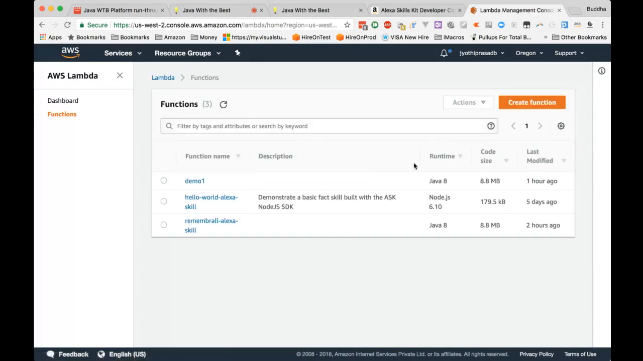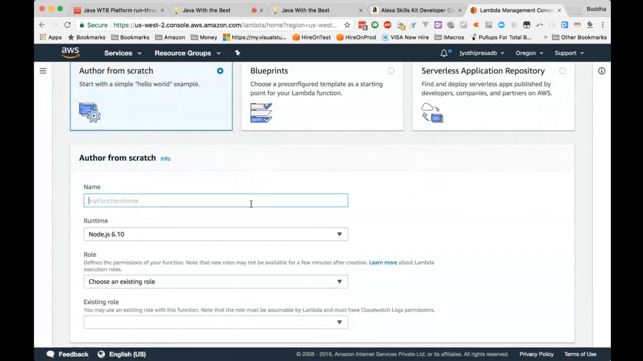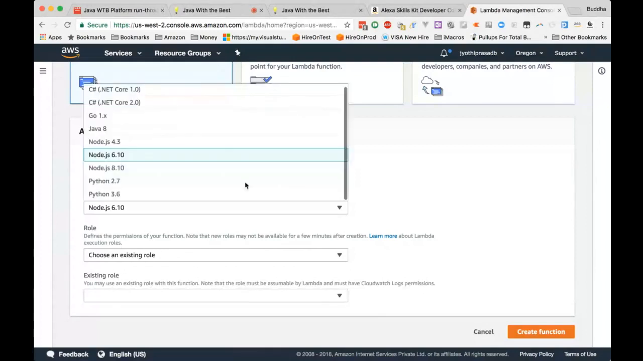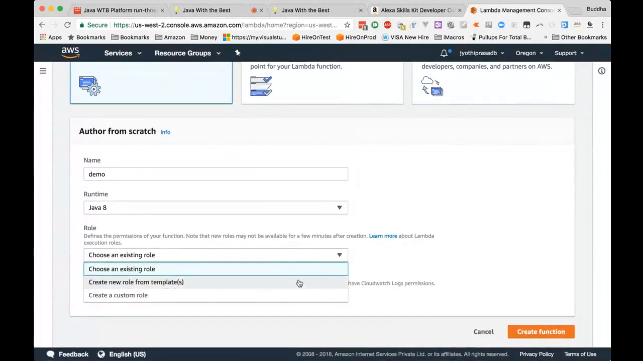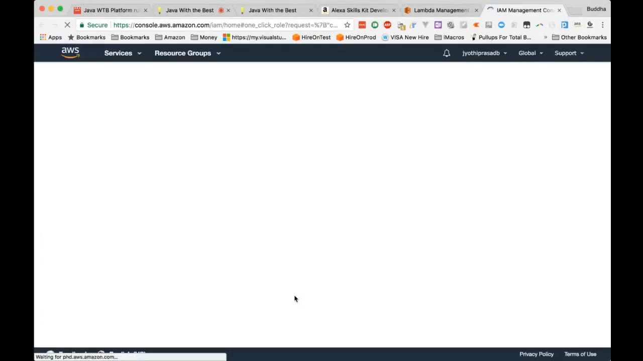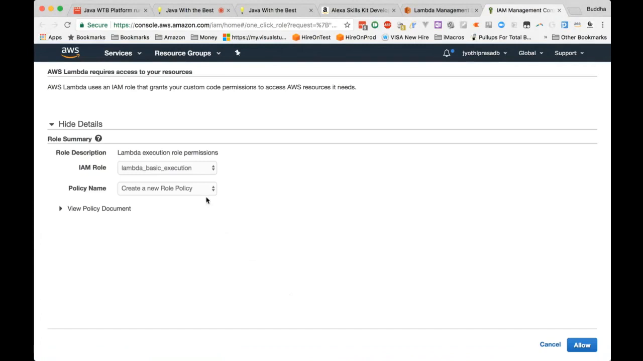So in this, let's create a function. Let's just call it demo. As our favorite language is Java, let's just select Java 8. And here we can choose an existing role, or we can create a custom role. What is a role? A role is a way for AWS to give access to specific components of AWS. Here we are creating a basic Lambda execution